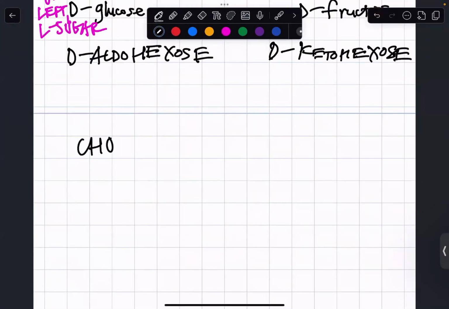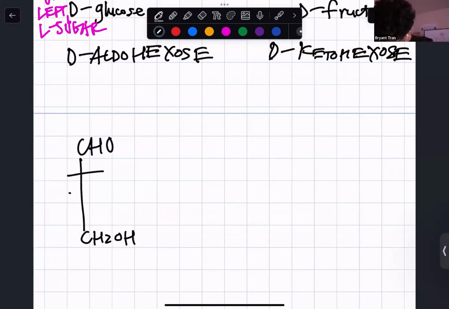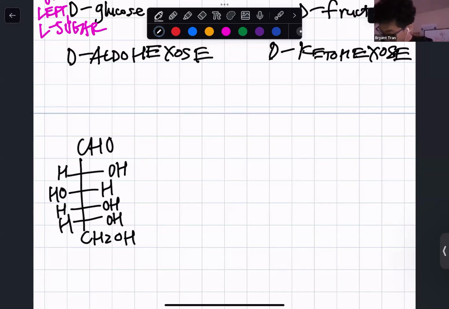So this right here is my D-glucose. 1, 2, 3, 4. OH, OH, OH, OH, H H. Okay, and I'm gonna redraw that like this, where the CHO is expanded out